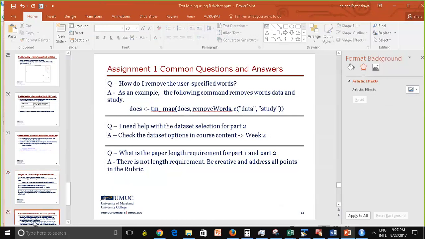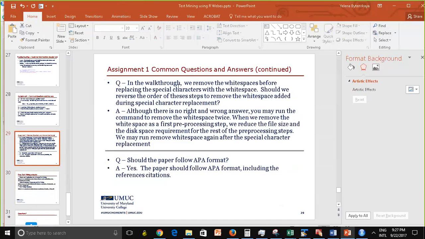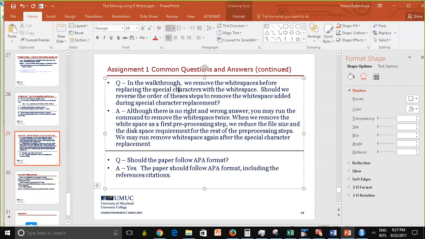Now, this is a good question that I received this week by email. And by the way, speaking of questions, it would benefit everyone if it's a question like this, like what you see here, post it in the classroom, because these questions, the one I just presented, are good for everybody. So here, in the walkthrough, we remove the spaces before